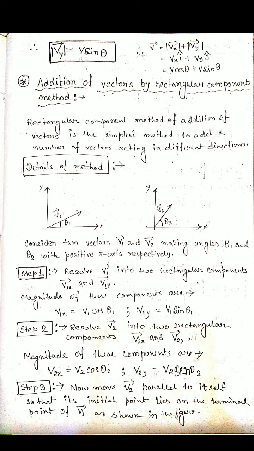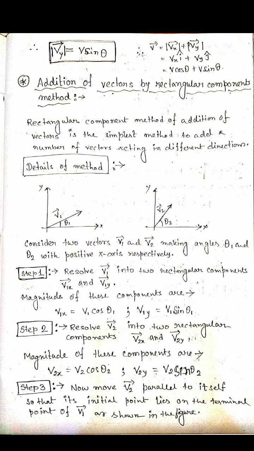So, the addition of vectors by the rectangular component method. How can we use that, what is that method? Let's see these two figures with x and y coordinate axes. The first one is a v1 vector, the second one is a v2 vector. The v1 vector makes angle theta 1 with the horizontal, and the v2 vector makes angle theta 2 with the horizontal. Their directions are also different. You see that the inclination theta value is also different for both cases.